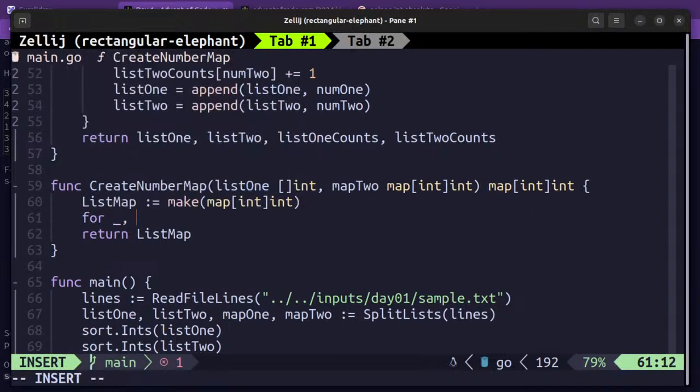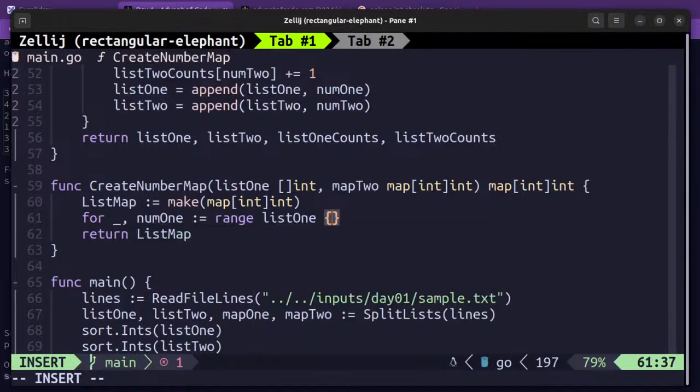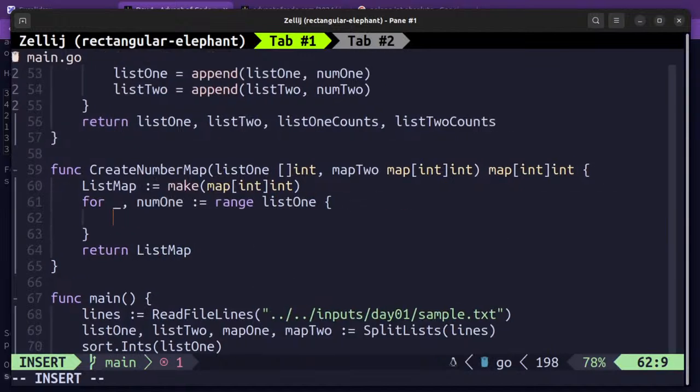So for num1 in the first list, I basically don't want to sort. So we have the number, and I want to check if that number exists in the second list, which we can find via map 2. So if map 2 of num1 is equal to 0,